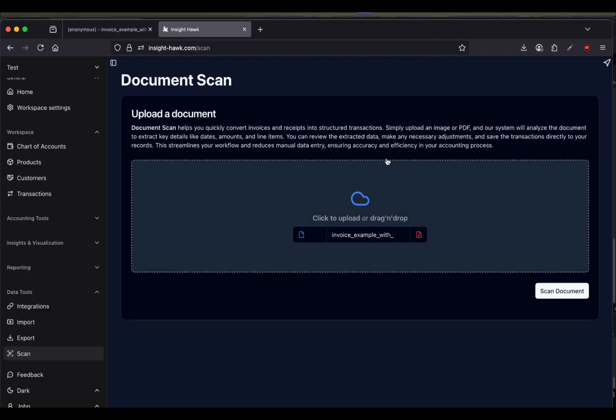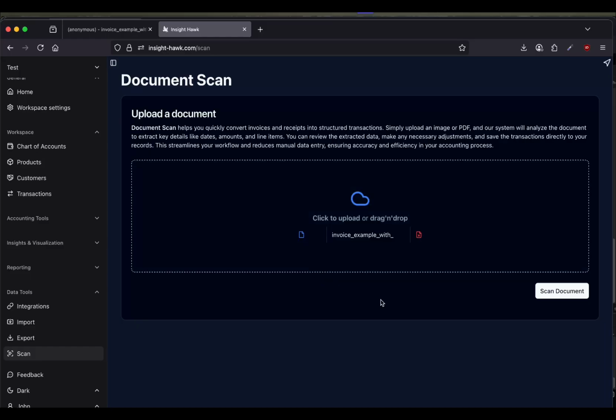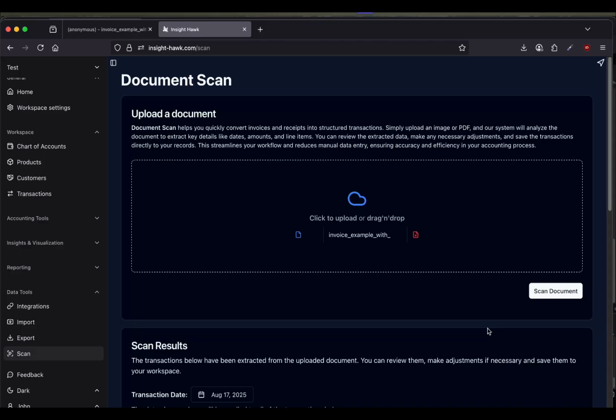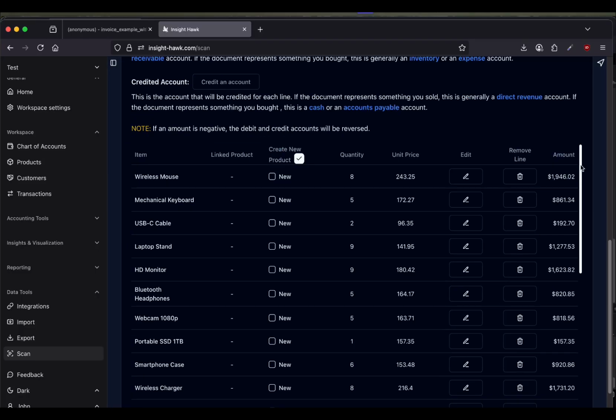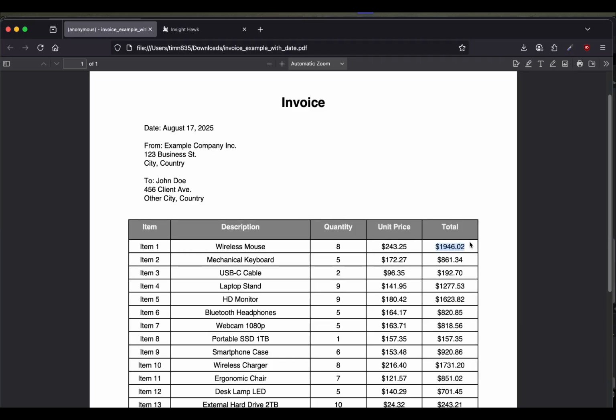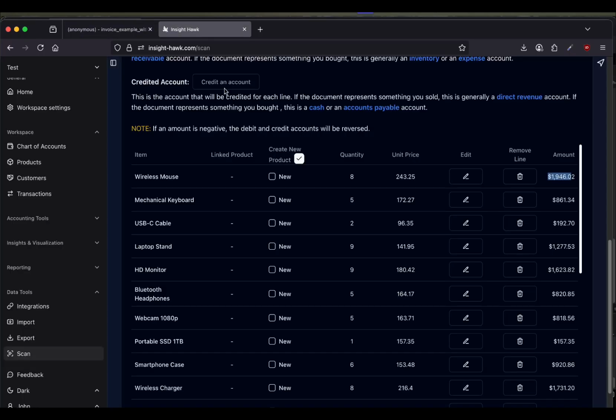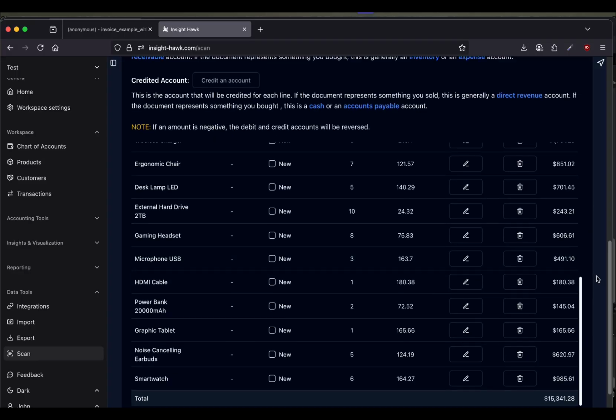So we now have uploaded this invoice, and we will ask the artificial intelligence to scan this document and analyze it and give us the results using something called structured output. So let's give it a few seconds, and here we go. So we see already that it detected the date of the invoice, which is August 17, and it gave us all these lines. So for example, the first line for 1946, we can see it here. And there should be 20 lines total. And we see here that the total is